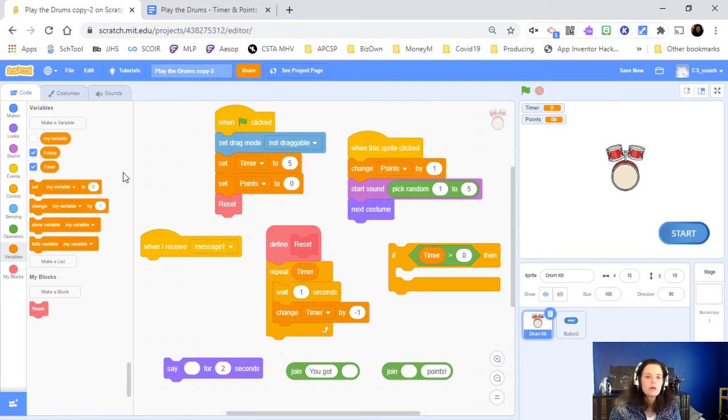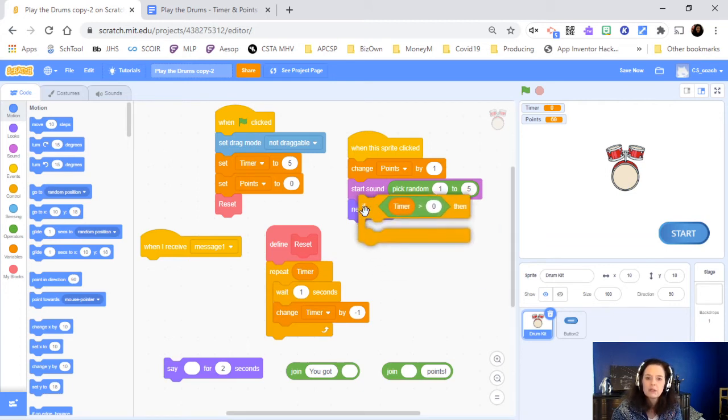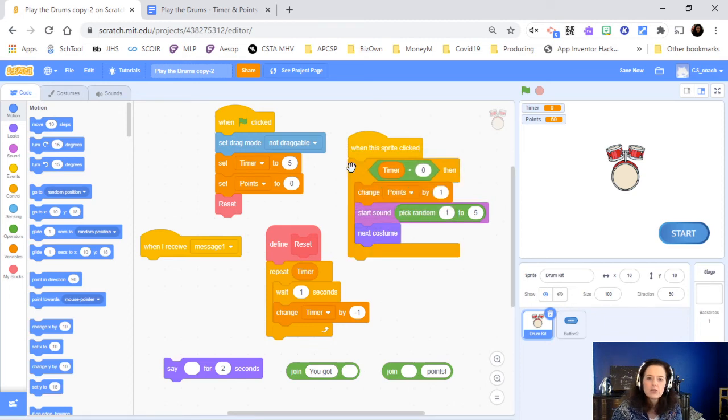So now we want to make sure that the variable here, that the points, do not go up unless there's actually time left on the clock. So what we can do is we can say if there is time left on the clock, or if the timer is greater than 0, then we will allow these points to happen. So we can put this in